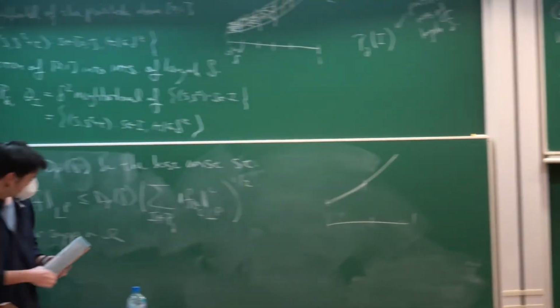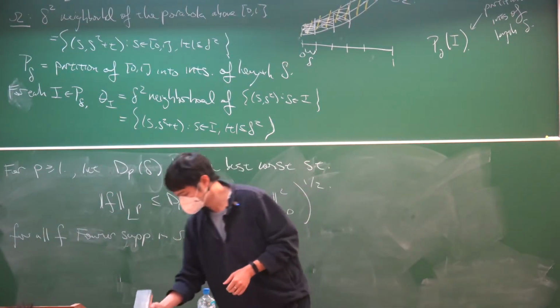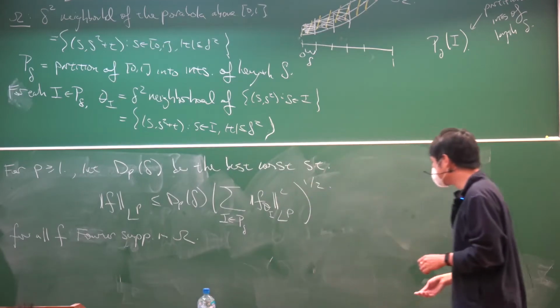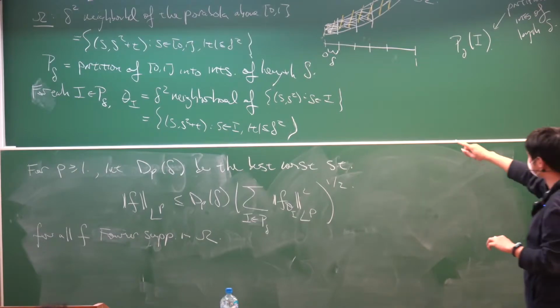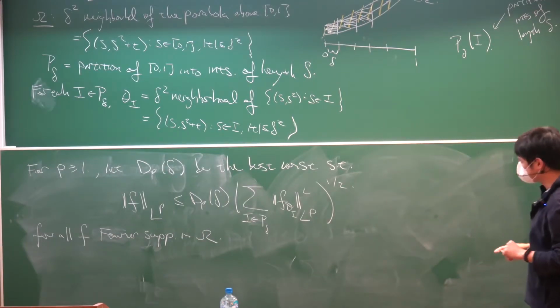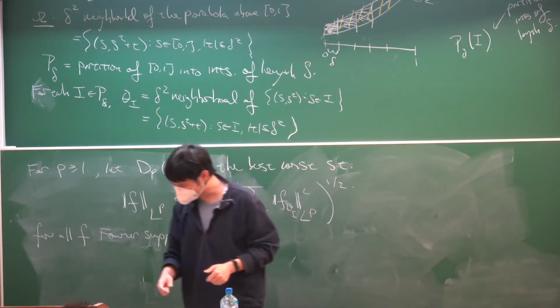Okay, so we've written down the decoupling constant. We've defined our omega, and we've defined our regions theta that we want to partition into. Now let's pause, and one may start wondering, why are we even talking about a delta squared neighborhood? Why not a delta neighborhood, or a delta cubed neighborhood, or a delta millionth neighborhood? Or why not just the parabola itself? Delta squared is sort of the right scale,